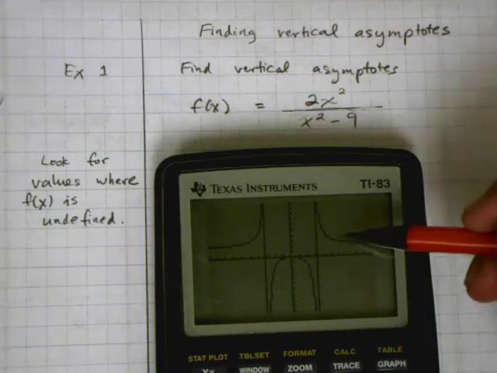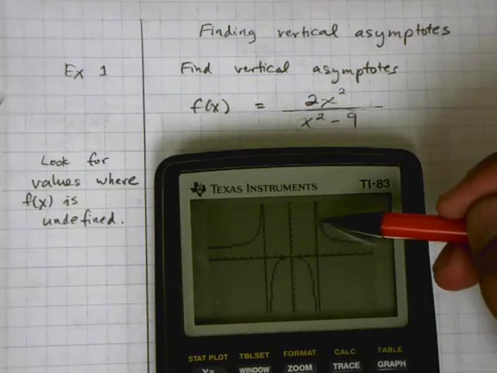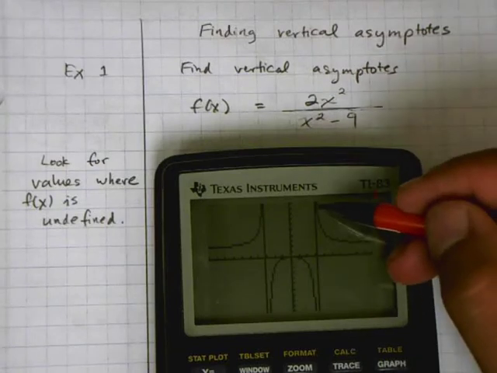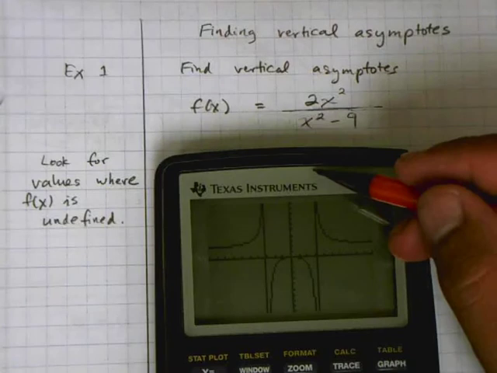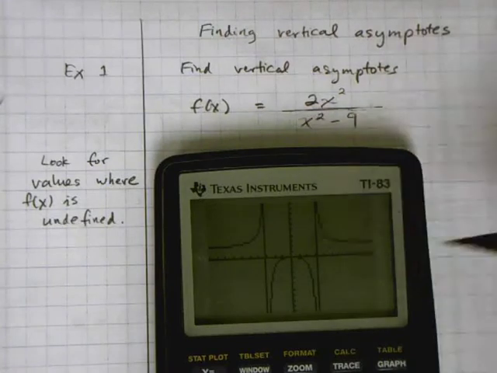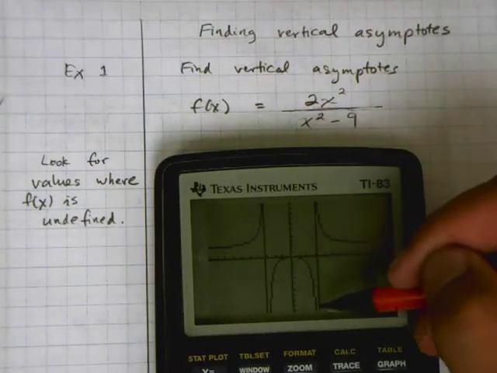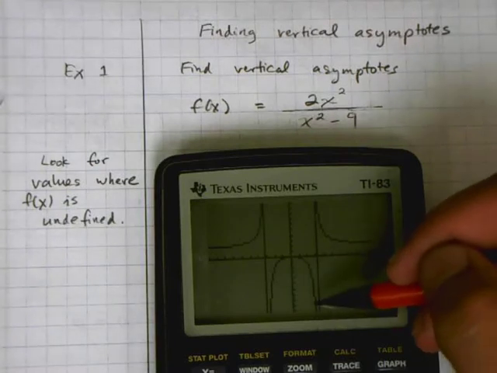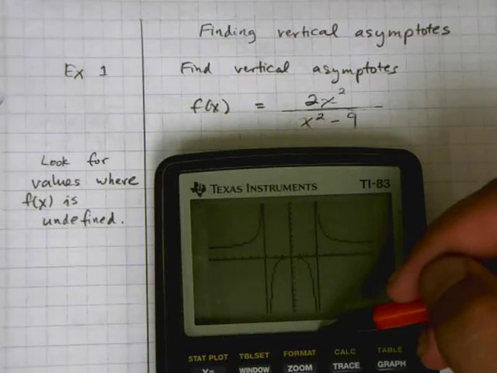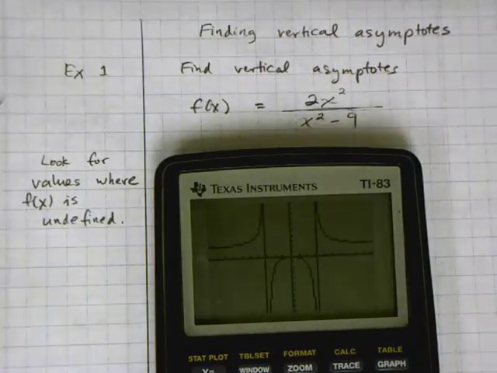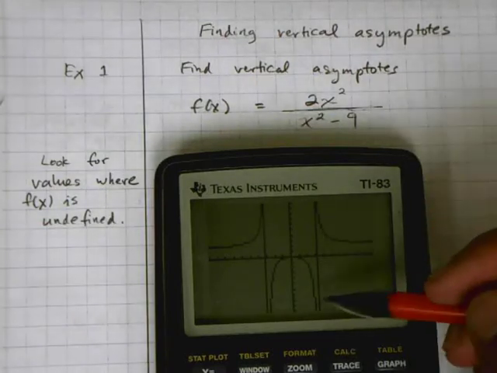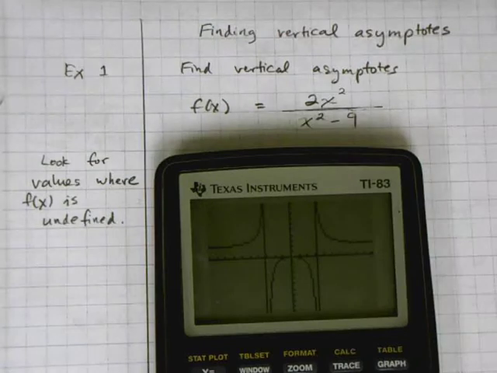You can also see that the graph itself, the actual curves, get closer and closer to this line, but they never actually touch it. From the left, it gets closer and closer, and the y values go towards positive infinity. Same thing here, in this direction, going from the left to the right, it goes down. The actual curve gets closer to that line, but never actually touches it. The reason it never touches it is because it's probably undefined. If it's undefined there, that means there cannot be any x values there, and so it's probably there that our